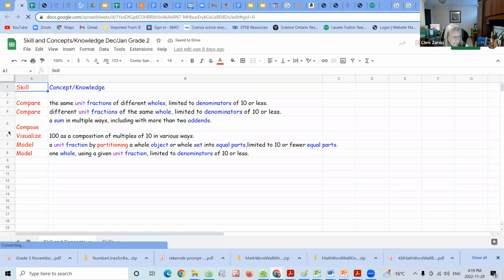I'm separating the skill out from the actual sentence of what that skill is supposed to demonstrate. And the reason I'm doing that is because I really want us to remember that I need to teach the word somewhere along the line. I can't just assume that they know what it means. And they're going to do that in kindergarten. They're going to do that in grade 1. They're going to do that in grade 2. You're going to do that in grade 3.